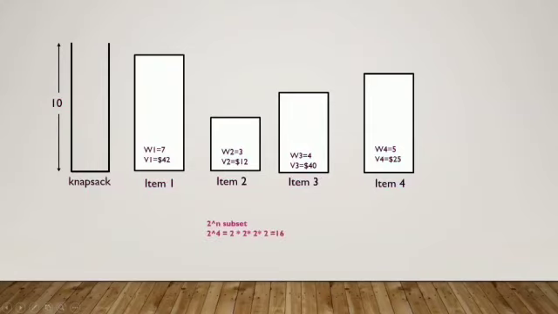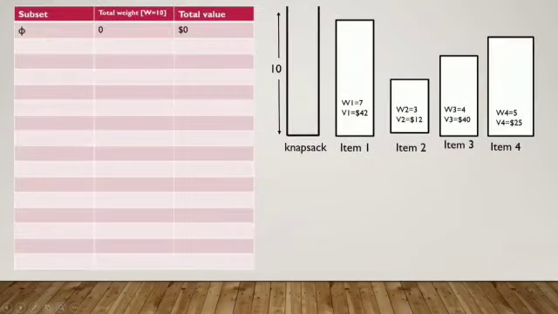And the second thing is that we need to find the subset with the largest value among them, which will be evaluated at last. In order to find the solution, we have to compute the different combinations. Usually, we will get 2 power n subsets. Here, we have 4 items, so we will get 2 power 4 combinations, which is equal to 16. For example, initially it will be an empty subset, so the value will be 0.